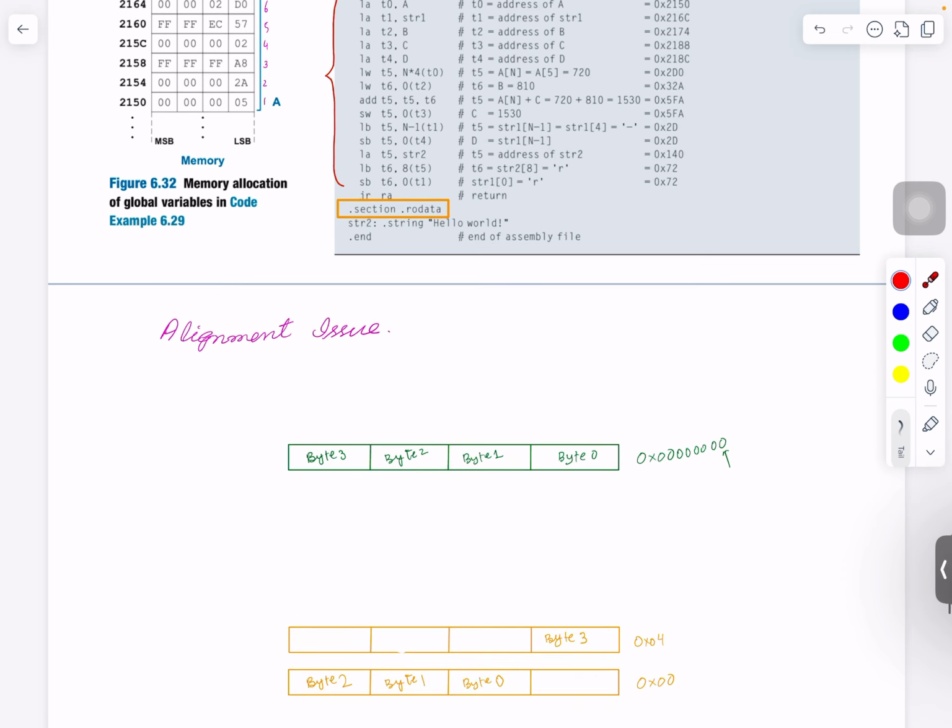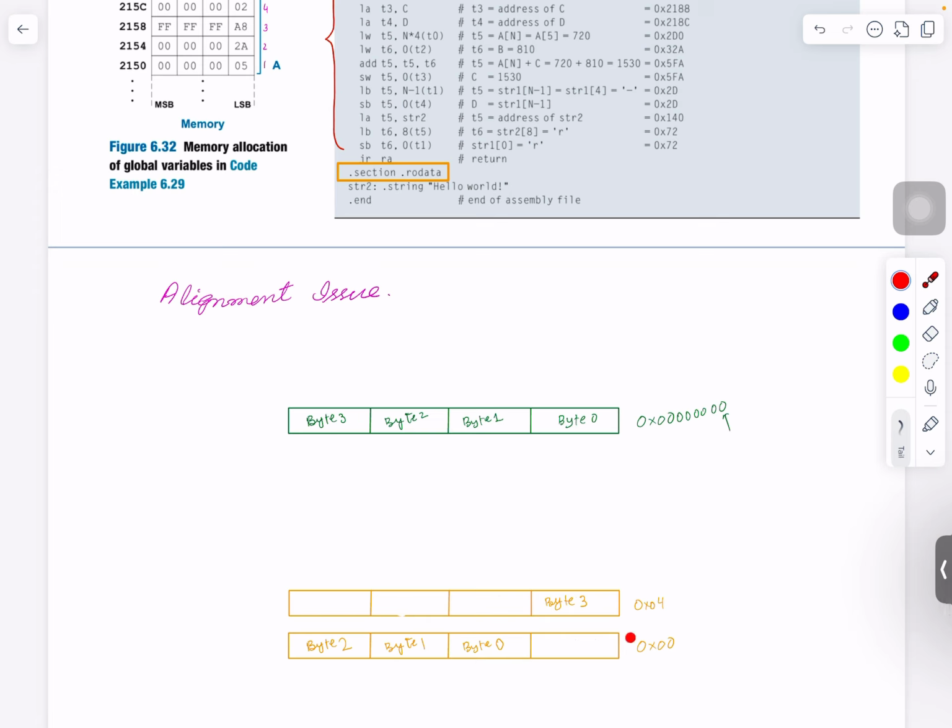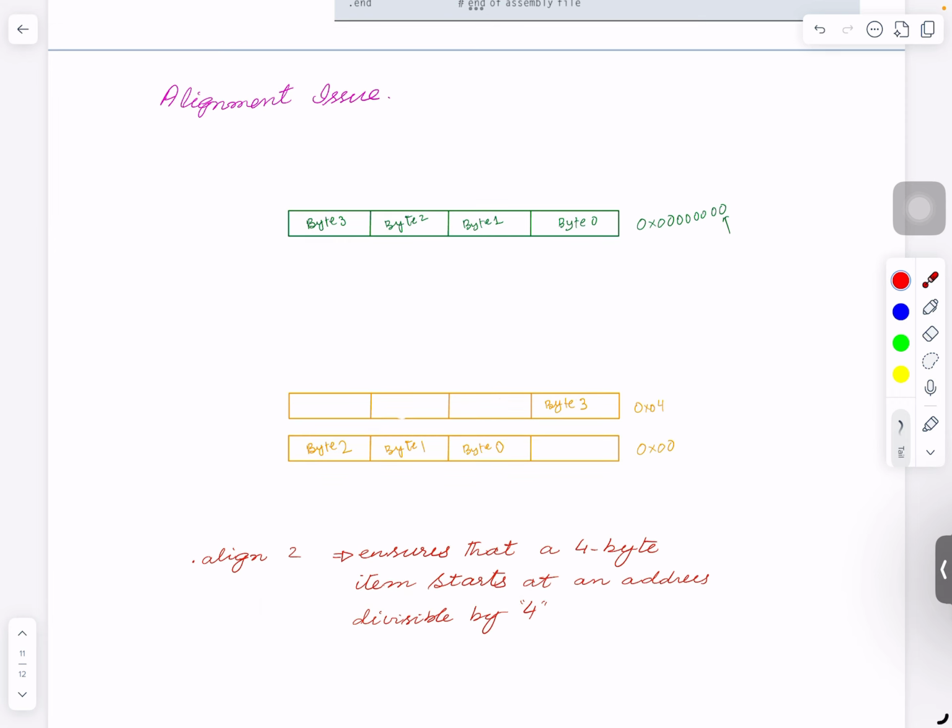Now what if data is stored like this? This is not 4-byte boundary aligned, because the next word starts here. So in order to access this one, you have to give this address and keep only these bytes. Then with the next address, you keep this byte and throw the other one away. So it's a waste of resources and more cycles to access it. Not good for performance. So when you use .align 2, it ensures that a 4-byte item starts at an